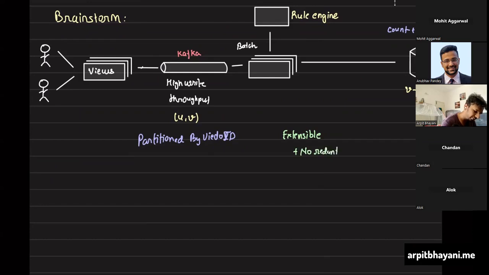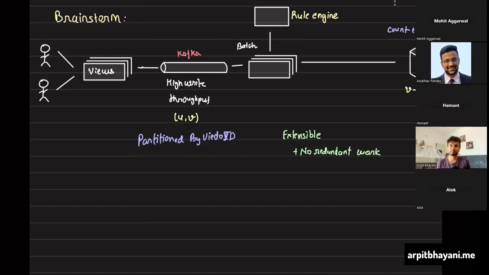This is the hint. I think one thing I could add here is that maybe if I add another Kafka here, which gives me valid views, where one was a gross view, and out of which I start publishing this data into, let's say, a valid views Kafka topic, that could serve as a source for other systems as well. Because now we have basically scrubbed data.